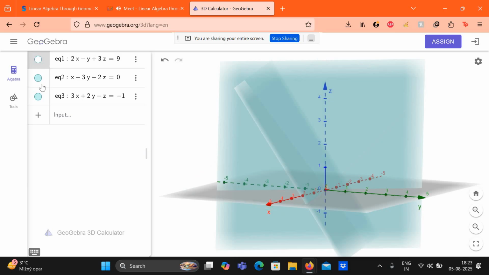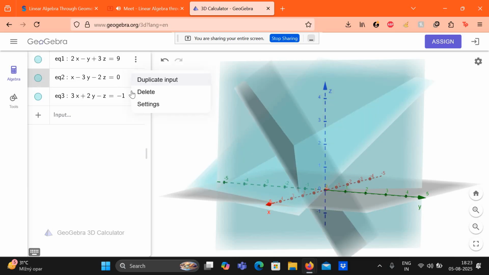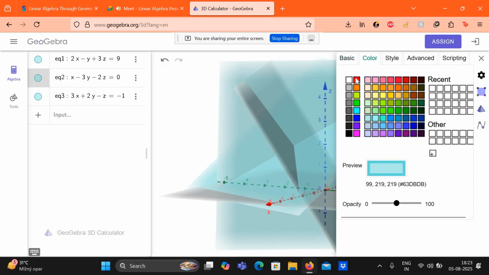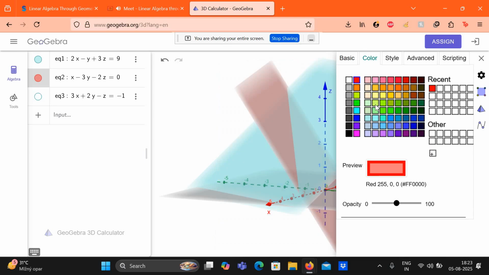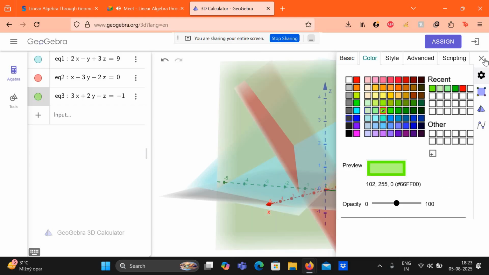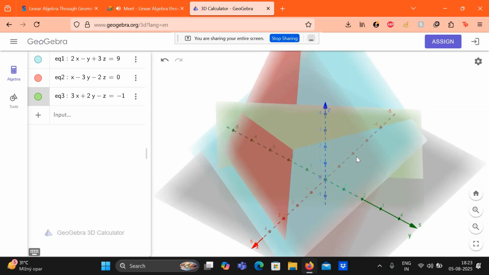Okay, I am not able to color it differently. Can I? Yeah, good. I'll color this red. I'll color this one green. Light green. Okay, let's say green, this one. Now can you see it? Yes, I can see, but